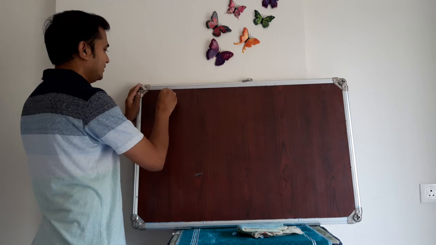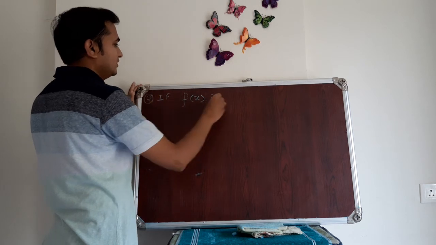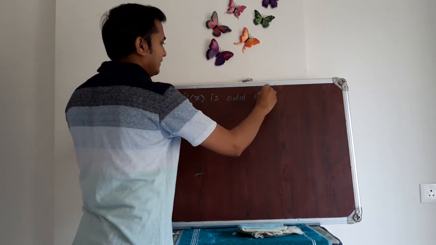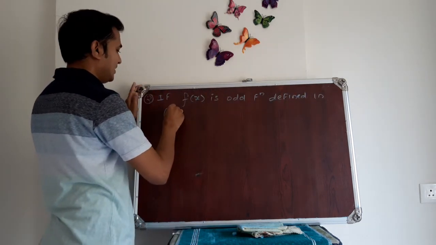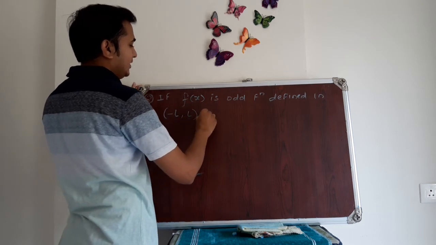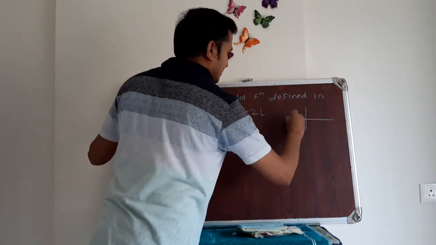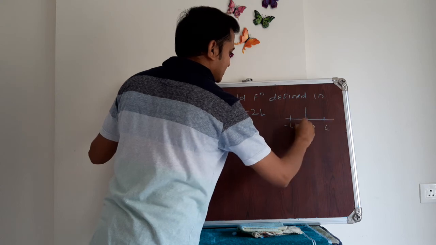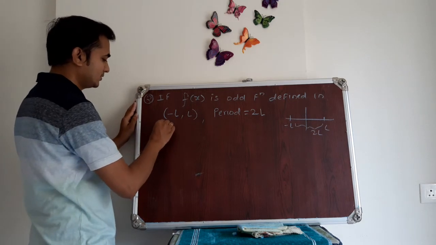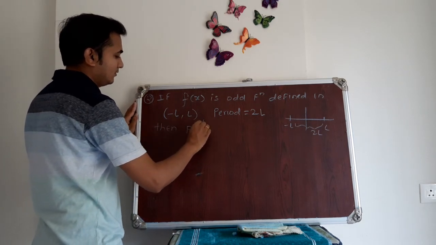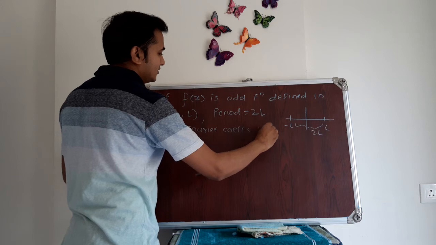If f of x is odd, that is the second case, an odd function defined in minus L to L, and the period is 2L, again the same, minus L to L. Then the Fourier coefficients become: